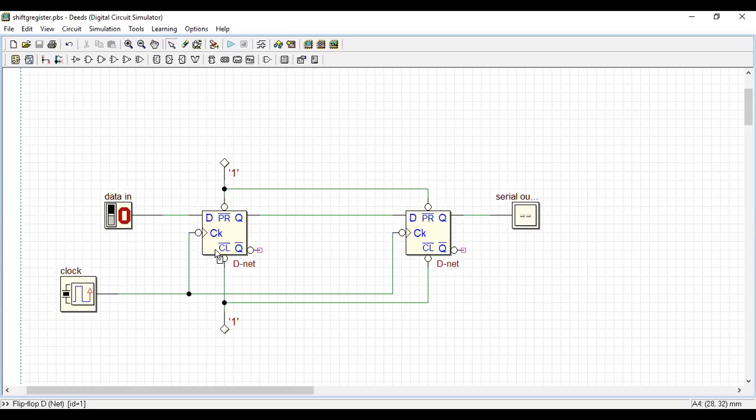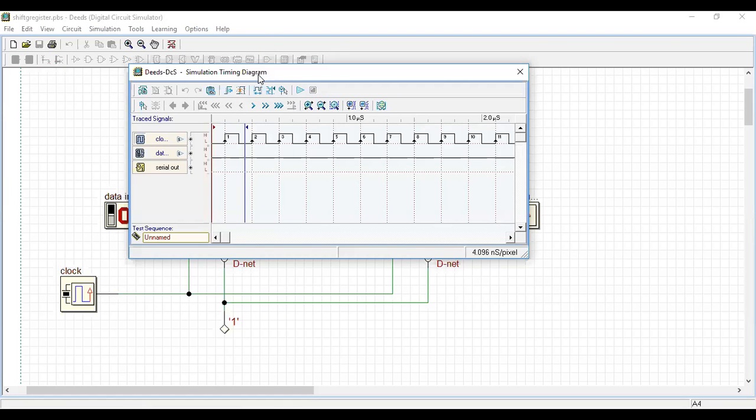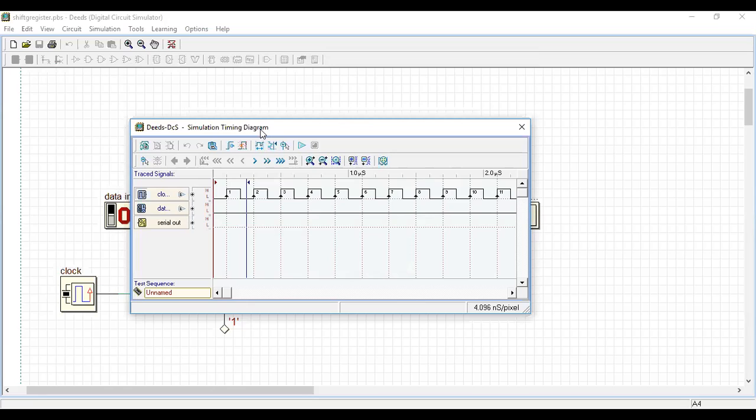Okay. So always remember, for a sequential circuit, we not only see the inputs and outputs, that is 0 and 1, on the input and output side, we also see the timing diagram. So what we have here: the clock is available, data input is available, and serial output is available. The brown color arrow mark indicates the start of simulation, and the blue color indicates the stop of simulation. So I want this to stop at the 10th clock pulse.